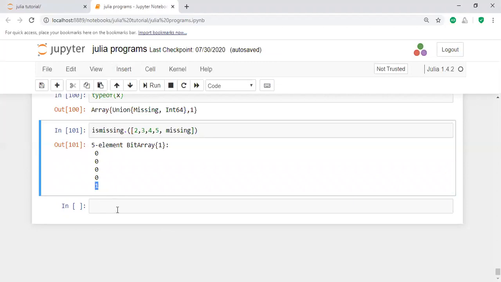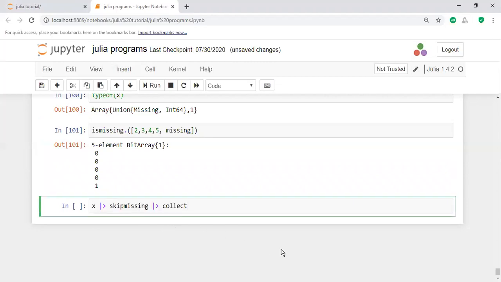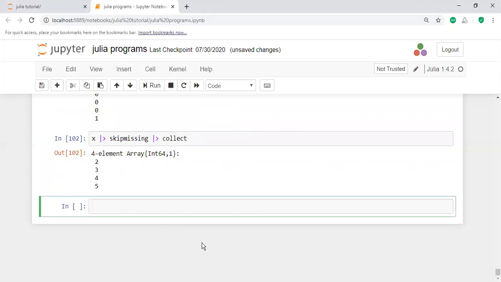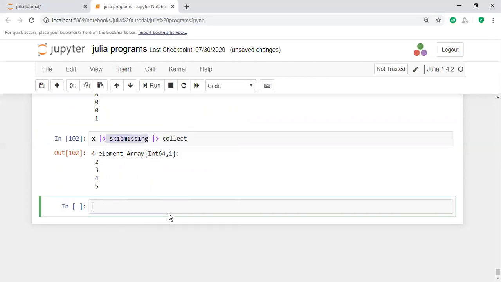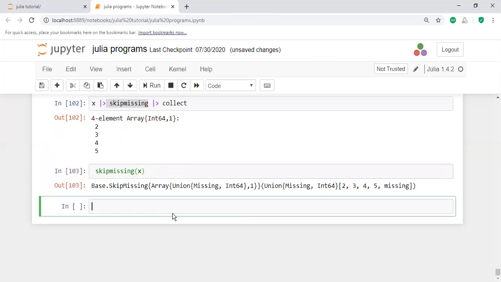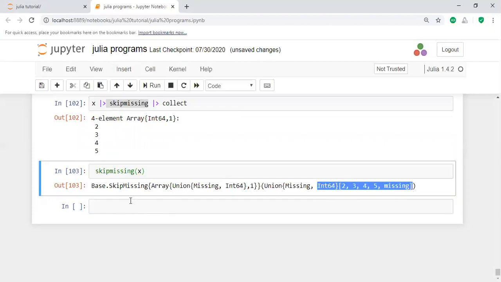With the help of the skipmissing function, you may skip the missing values. For example, skip and then collect that information. You may use the skipmissing function on x. Here the missing value is skipped, so there is no problem; it is one type of output.